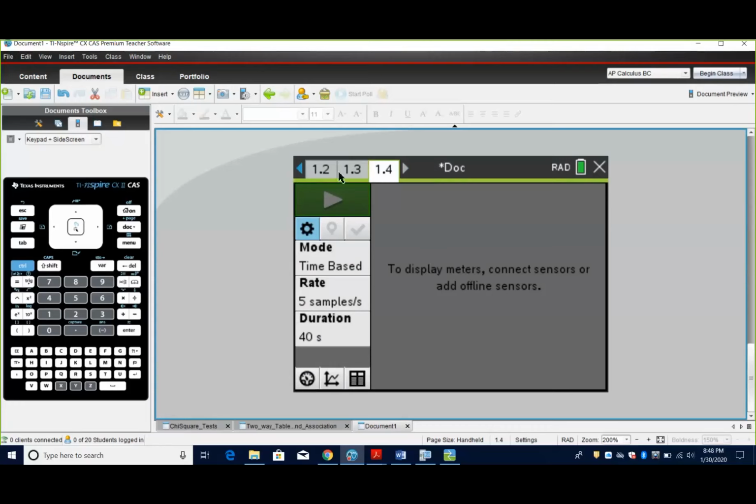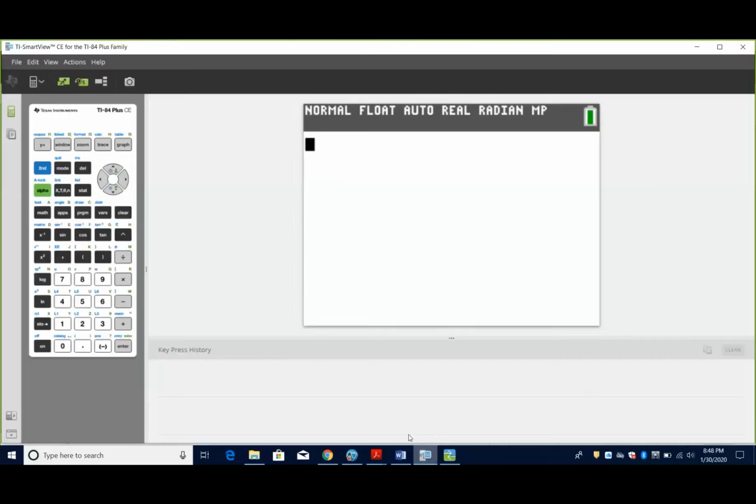So again, I love the Nspire because what I did recently with my students is we plugged in a temperature probe and generated our own data and analyzed it just like that. And literally that took 10 minutes to set up, collect, and then start analyzing in a class period. We can plug in 70 or 80 sensors into that. Going to the 84, you can plug in sensors to that too and collect data. So just use your calculators to your benefit.